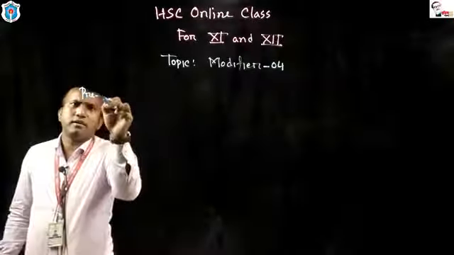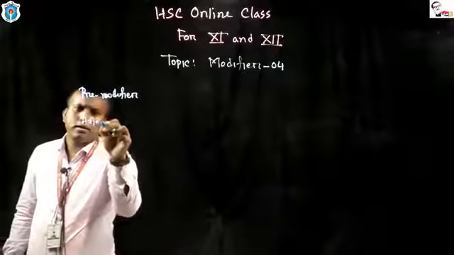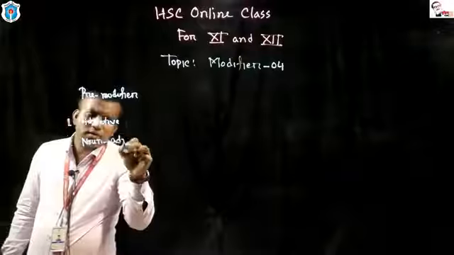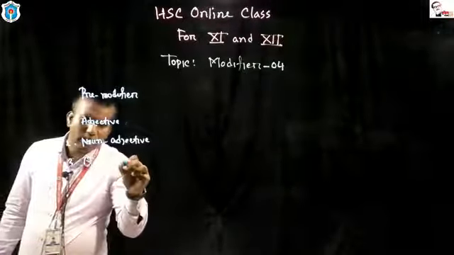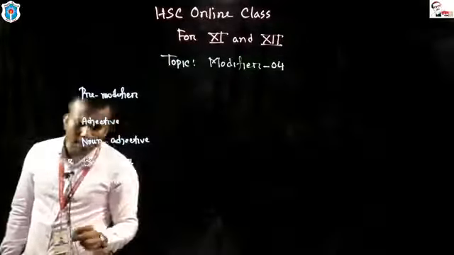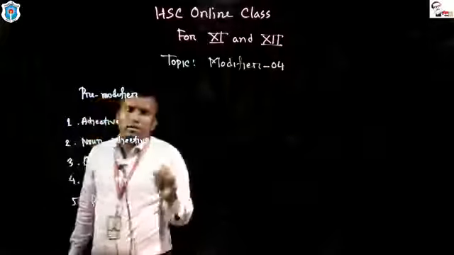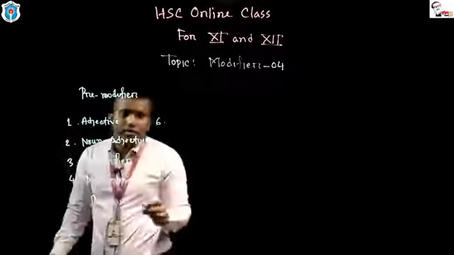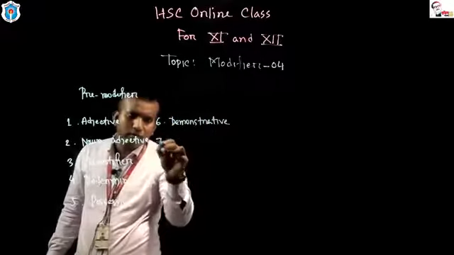Under pre-modifier, there is number 1, adjective, number 2, noun adjective, number 3, quantifier, number 4, determiner, number 5, possessive, number 6, demonstrative, number 7,